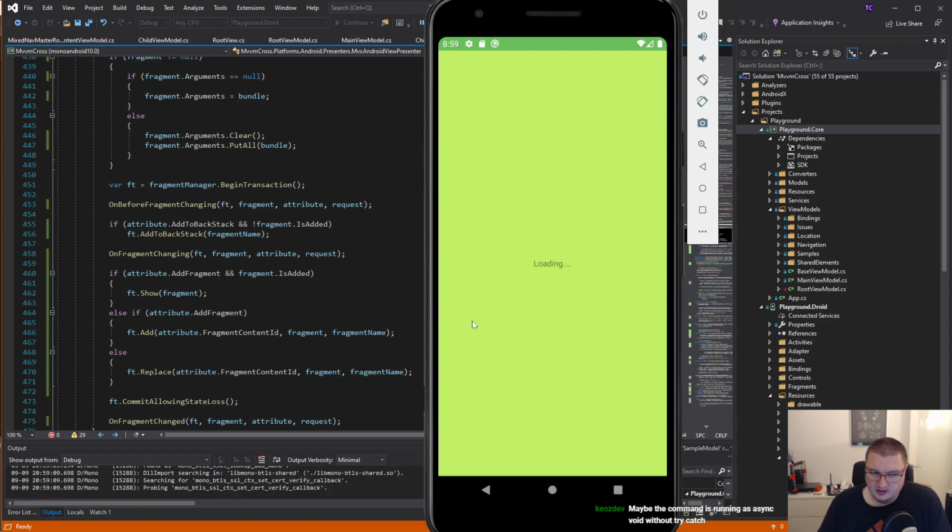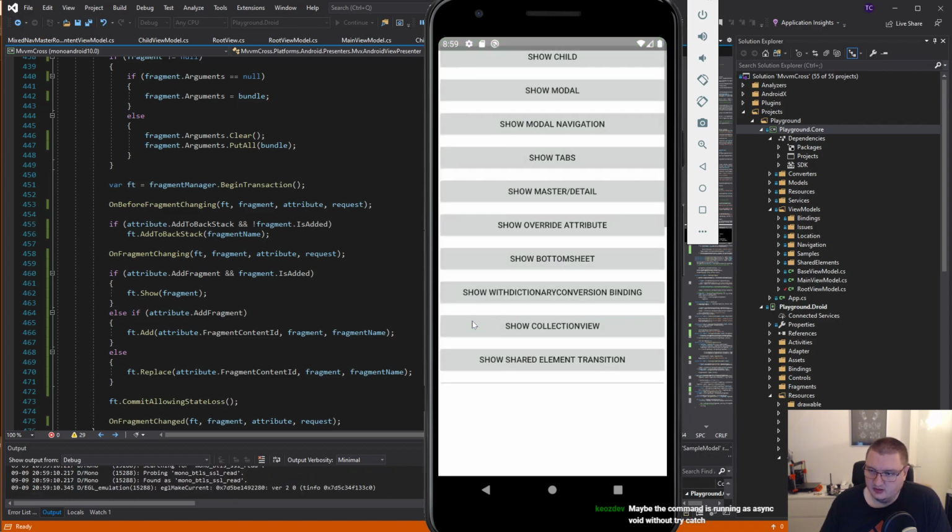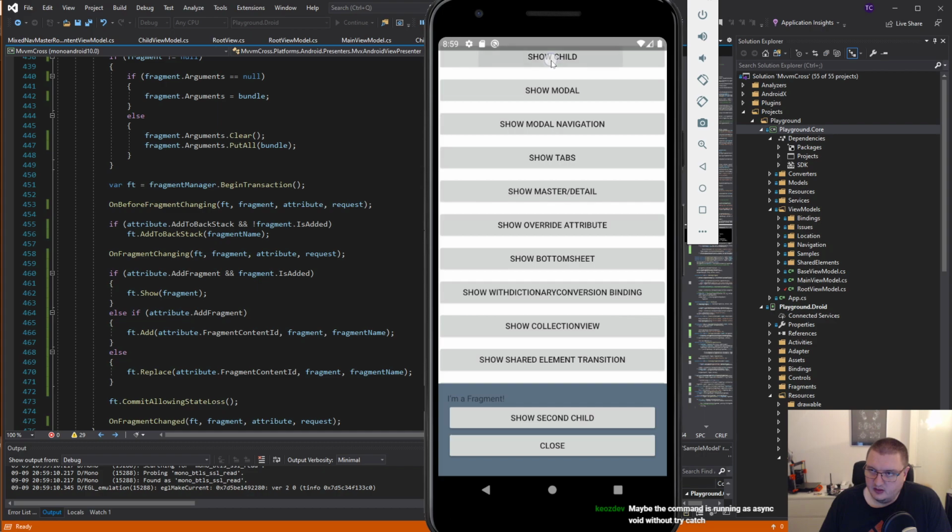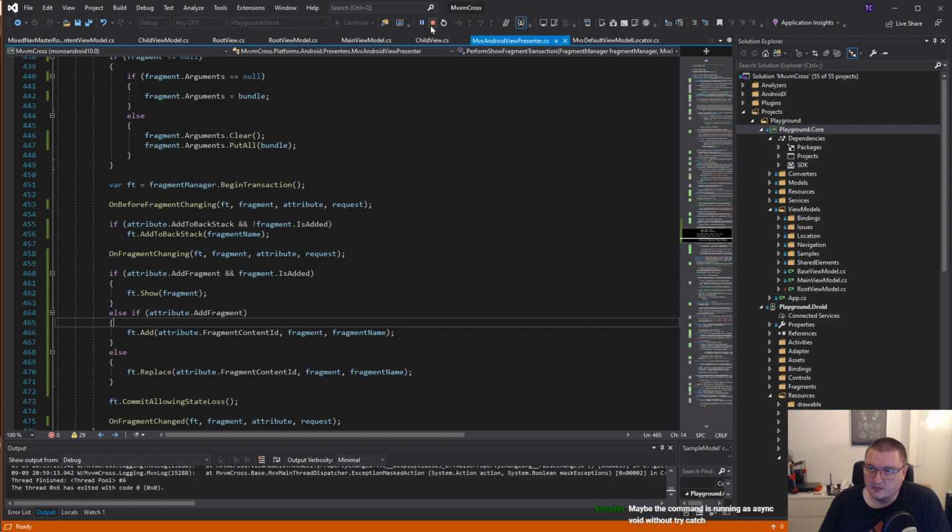I'm just thinking there was this reordering thing. So now it's actually happy. So we can press show child multiple times and it will just show this one. We can prove this by